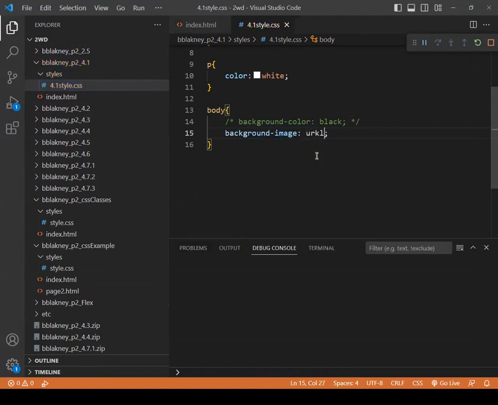So then I'm going to do URL, parentheses, quotes. And if I were to try to type something, because this is the only file type inside of the subfolder, it's not going to find anything. However, if I add that ../